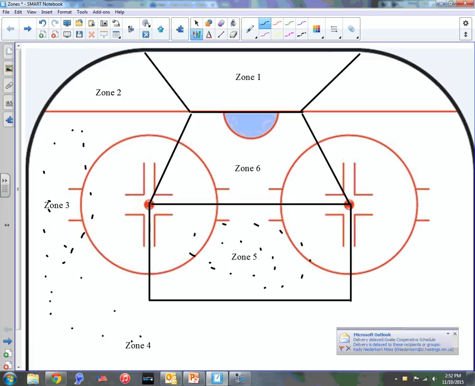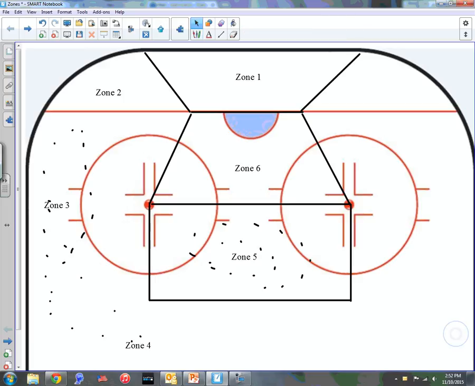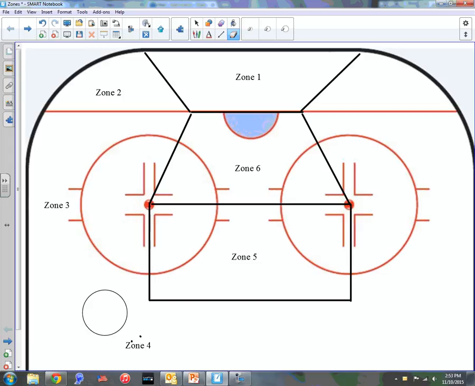Because we would expect that we have an easier time stopping those pucks from zones 2, 3, and 4. Obviously, zone 6 is our danger zone because they get those shots in there. This is kind of that kill zone. And so we will change our strategy a little bit based on that. But one of the things we want to do is look at how our team plays, what type of shots we're facing. So the big question, Trent, that you asked me was about this T-glide versus butterfly slide.